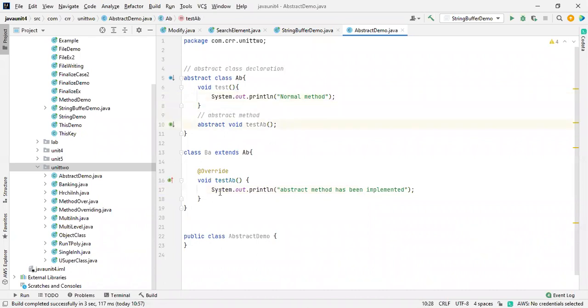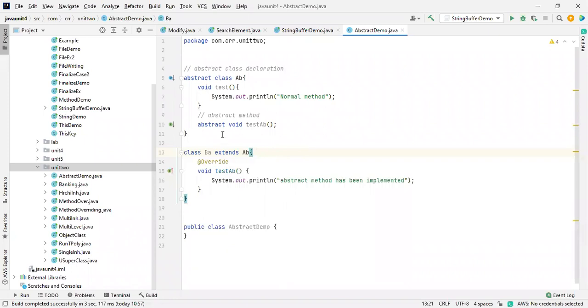That's why we need to implement it over here. It happens only when you extend the properties of this abstract class. Normal classes don't require any implementation over here. Okay, so how are you going to access that? We are going to discuss this one only. Just practice what I'm saying.